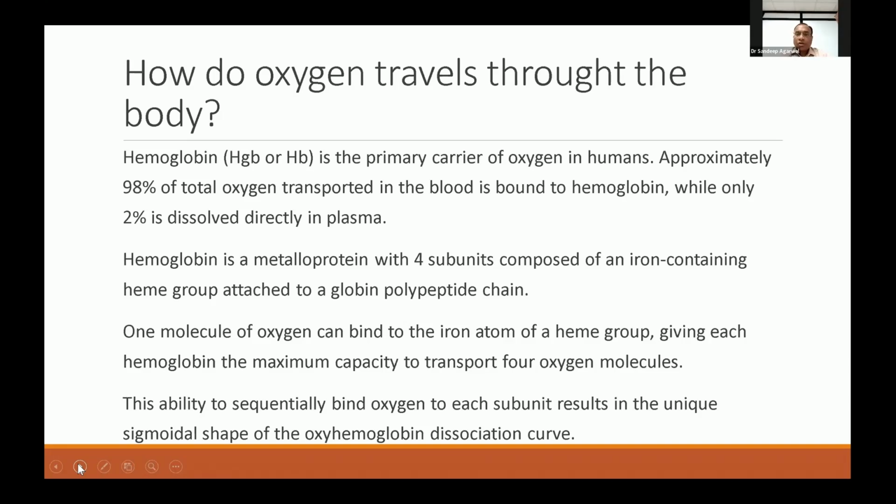Hemoglobin is a metalloprotein. One part is iron, which is heme. The second part is globin, which is a polypeptide chain. So each hemoglobin molecule is